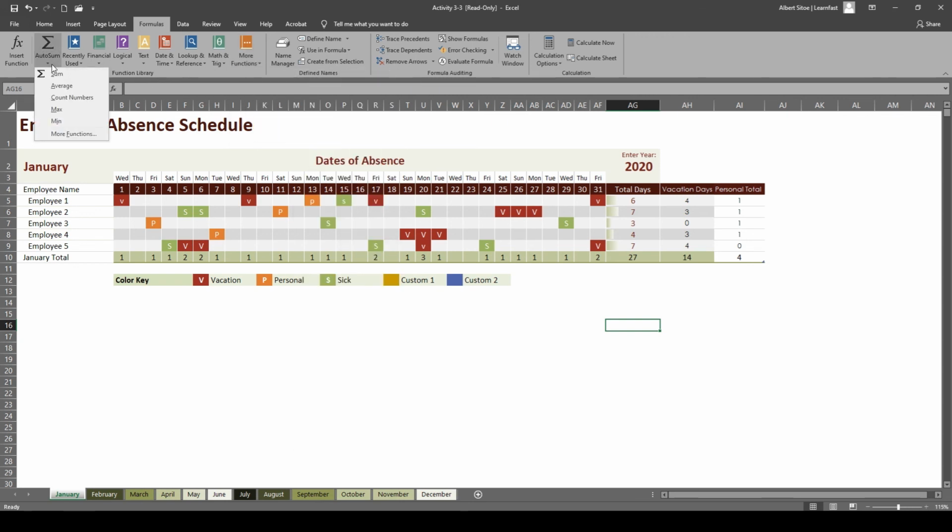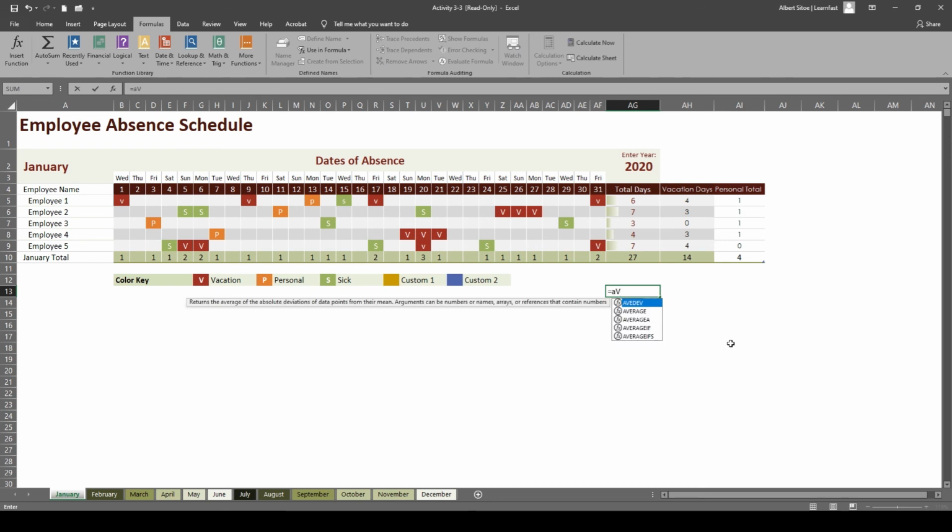So these are actually quite good to have, as well as various functions that you can also pull through as well. Like for example, if I wanted to get the average number of days here, I can just double click on a cell, say equals,